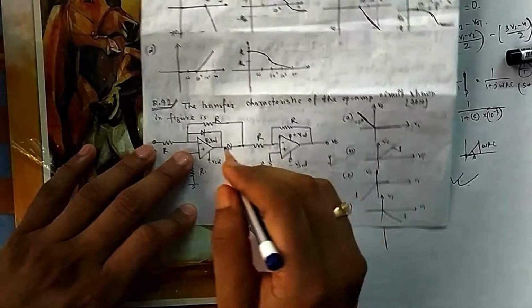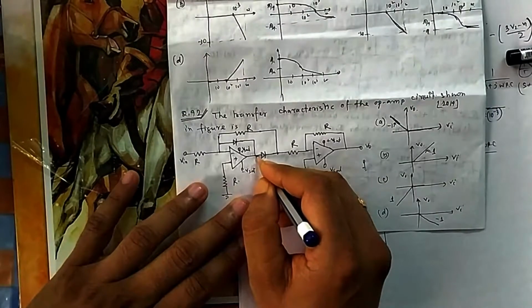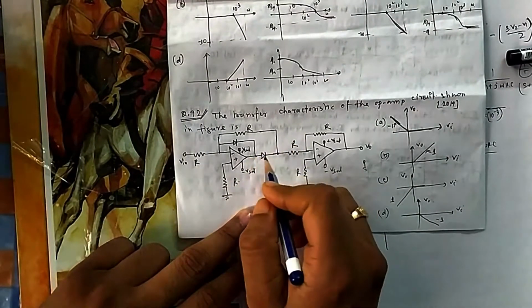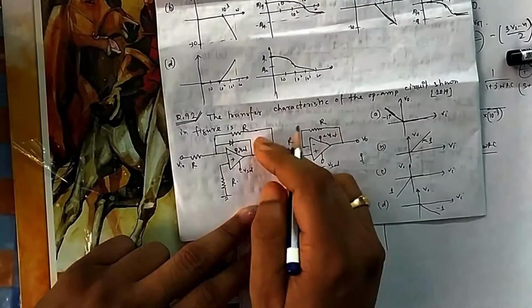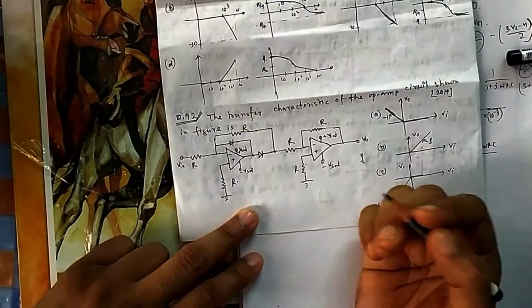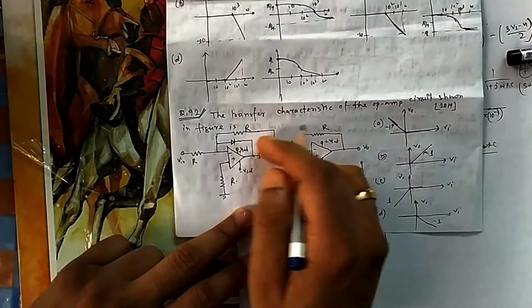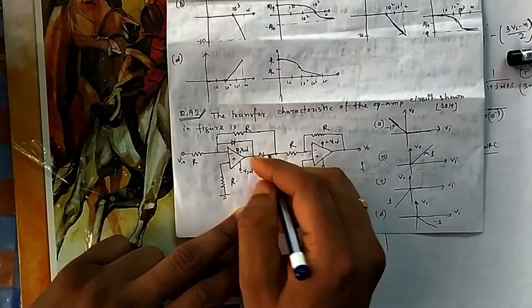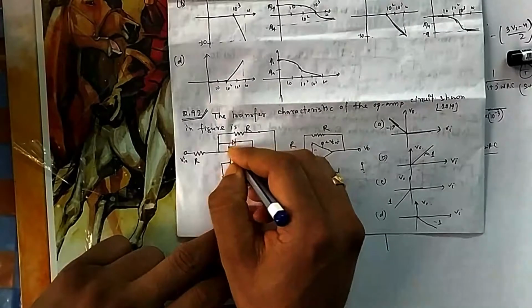Okay, so what is the output? Output actually comes here. This is not the output. If the diode is forward biased, then this will be your output. Then you will think that feedback will come. Otherwise feedback will not come. So first let me check whether the diode is forward biased. So let me just open this diode. How will we open this diode? We will open this diode.